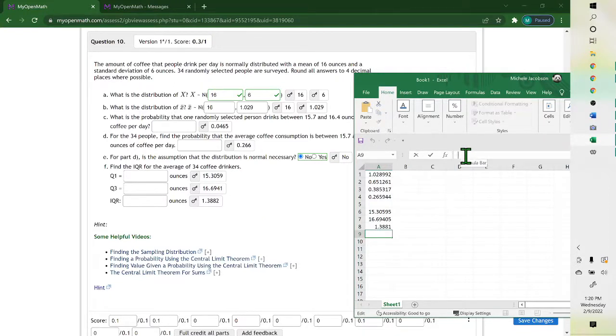Now, I used rounded values. If I would have used 16.6941 minus 15.3059, so I used a further decimal, and